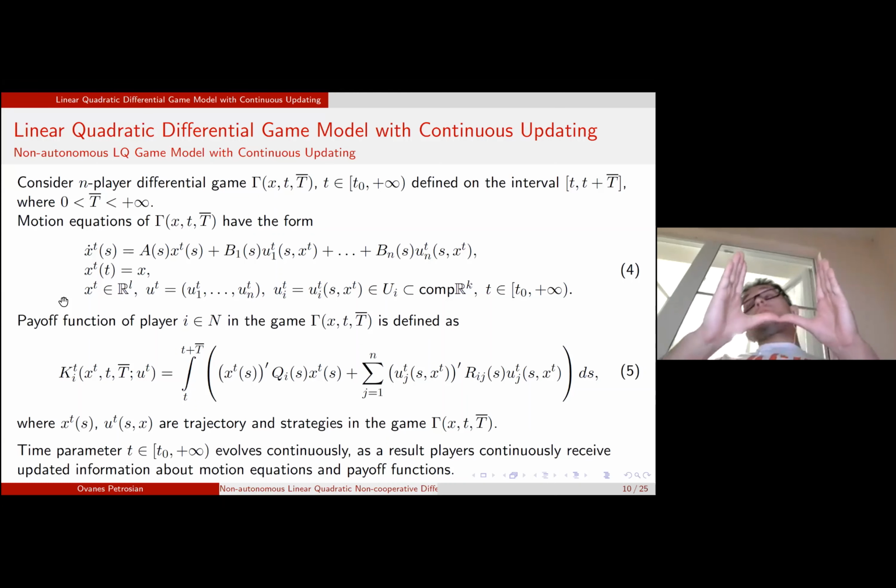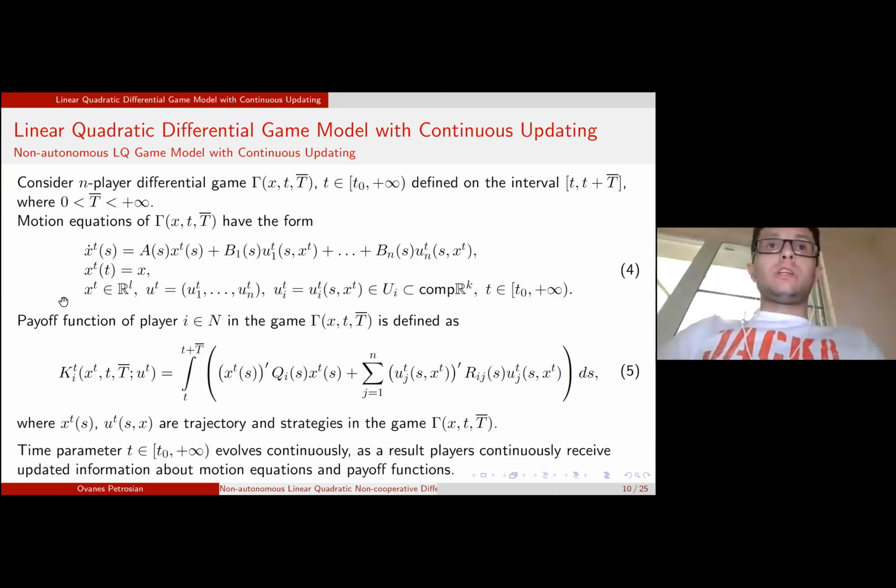But when t changes, all the corresponding solutions, such as u_t(s, x) and x_t(s), also change. Also, you can see that the initial point of the motion equation 4 is x, which could be any variable. So the next thing,